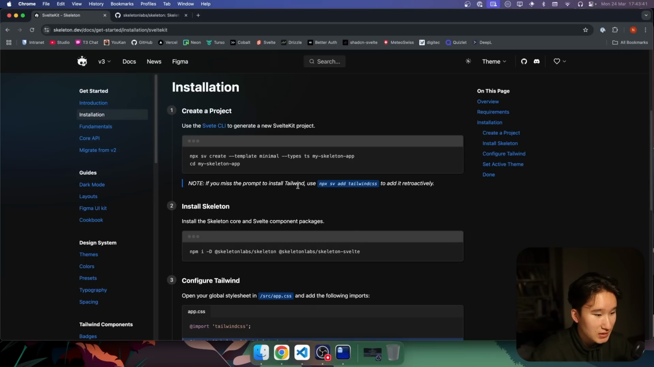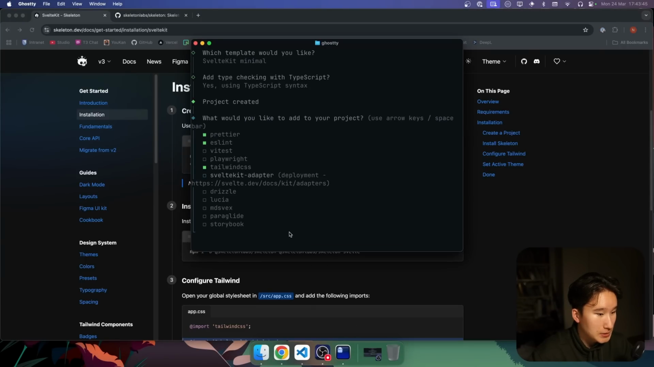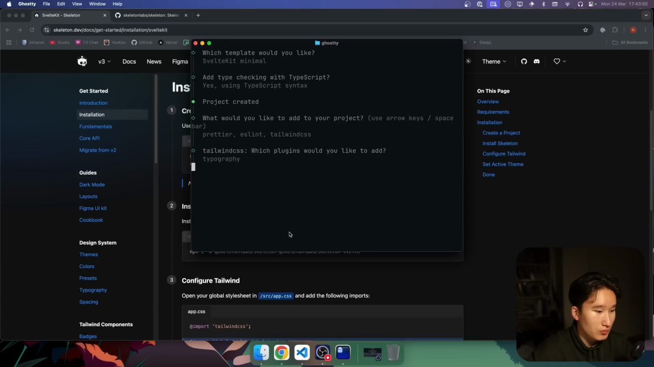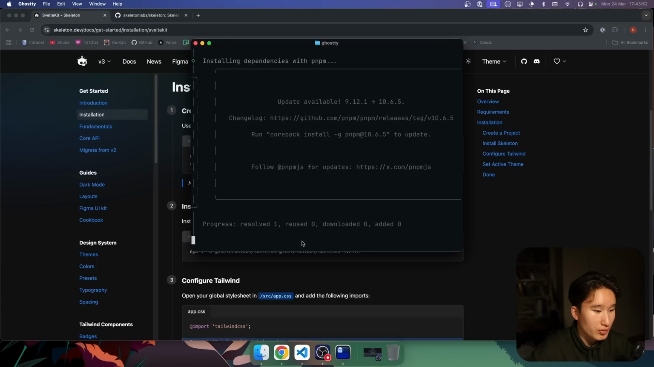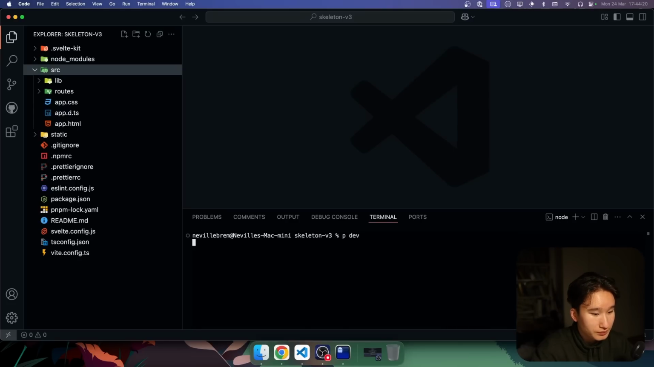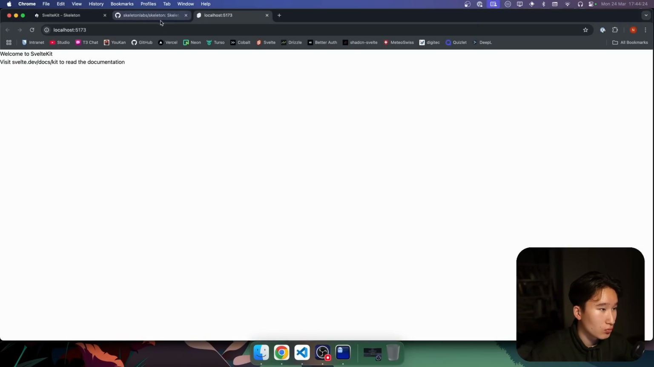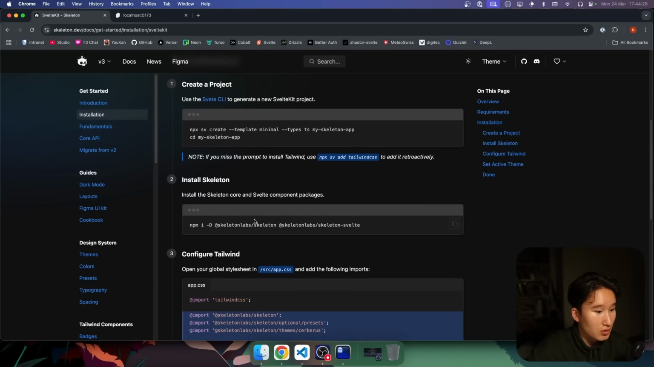Okay, we should install Tailwind. Okay, so yeah, this is it. I think typography we can install, and then we're gonna go with pnpm, and we have our project set up right here, right now. And I think if we run it now, nothing will actually be on the screen, it will be just a default thing, which is why we gotta add some other things,